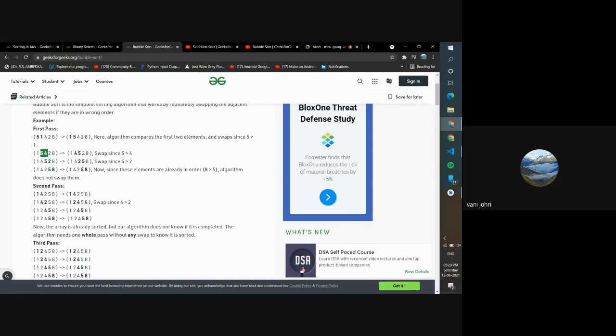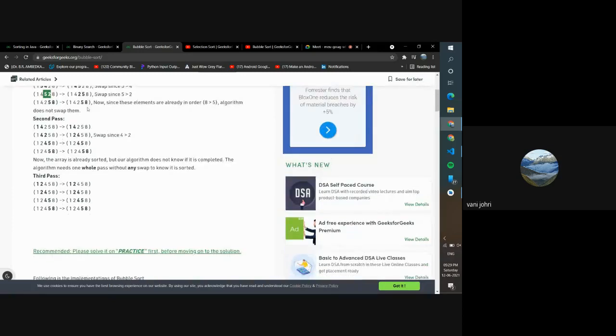If smaller, swap. Done. Then it comes back to the start and checks again. The first element is already smaller, so there's no need to change. The next two are smaller, so it swaps. Next, 4 and 5: 4 is already smaller, no need. Then it checks 5 and 8, that is also fine, so that pass is done.